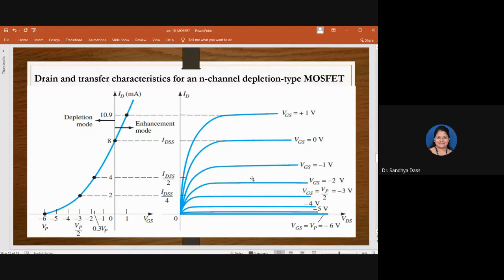All right. So that gives you one homework question. Just think about why in a JFET, VGS was not applied with a positive voltage. Why didn't we discuss anything about applying a positive potential across VGS in the JFET condition? Think about that and tell me in the next class.